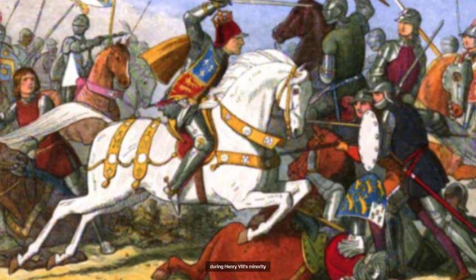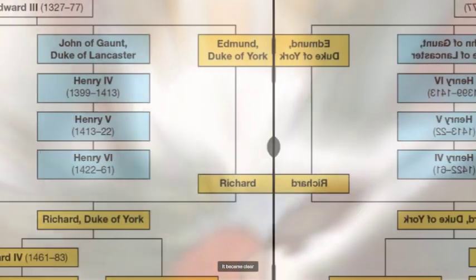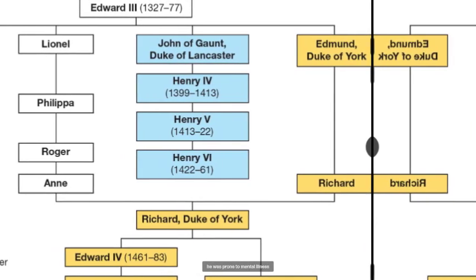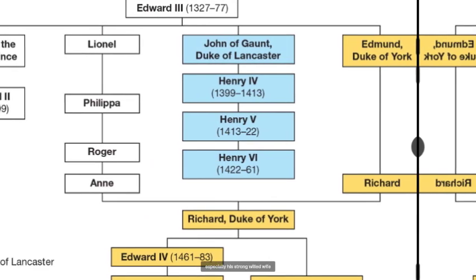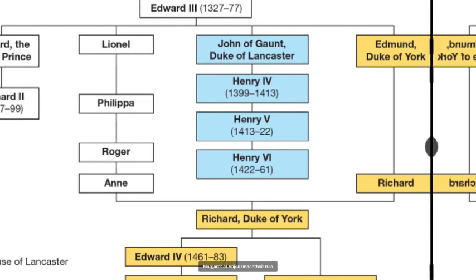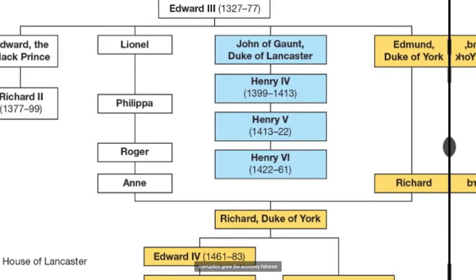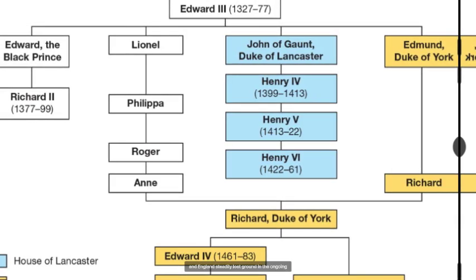During Henry VI's minority, England was governed by a royal council. But as the young king came of age, it became clear he lacked the strength and decisiveness needed to rule. He was prone to mental illness and easily manipulated by others, especially his strong-willed wife, Margaret of Anjou. Under their rule, corruption grew, the economy faltered, lawlessness increased, and England steadily lost ground in the ongoing 100 Years'